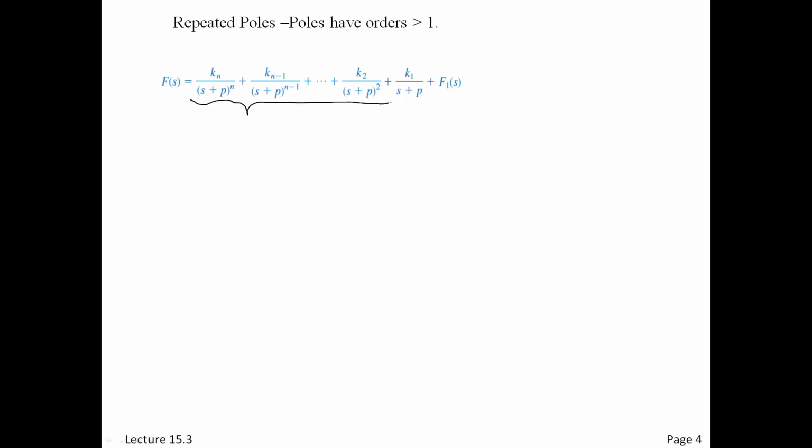And notice how K1 is the simple pole, K2 is the square of that, out to Kn, which is s plus p to the nth. Okay, and you'll have to do this kind of expansion